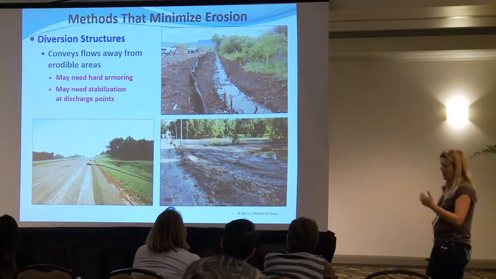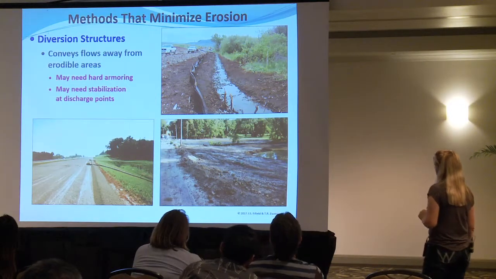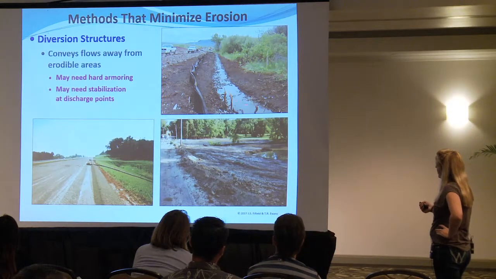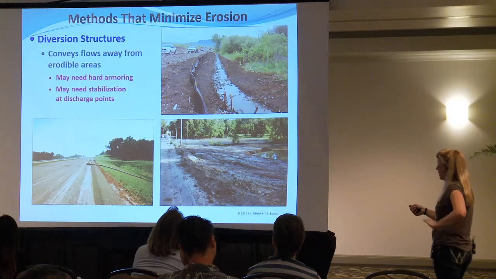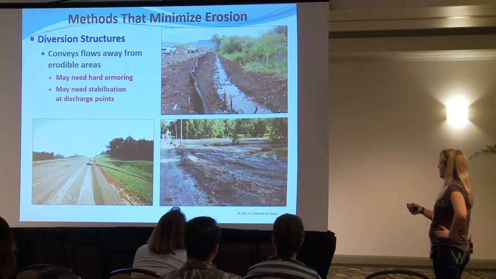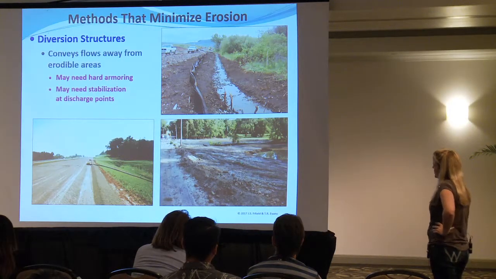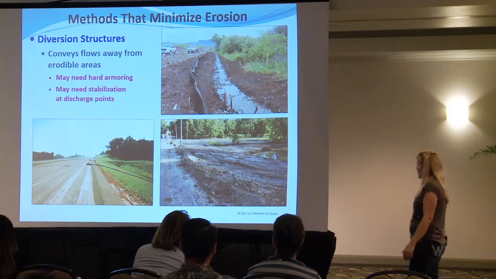But it helps by reducing the erosion in certain areas, by reducing the amount of runoff that goes there. But we need to be careful because we need to make sure that maybe a dirt channel is not going to be enough. Maybe we need some actual lining. It might not be hard armoring. Maybe it's a plastic. Maybe it's a blanket. Temporary, but also we need to be aware of where that actually discharges. You may need stabilization, but we also just need to be aware of how it discharges and where it actually